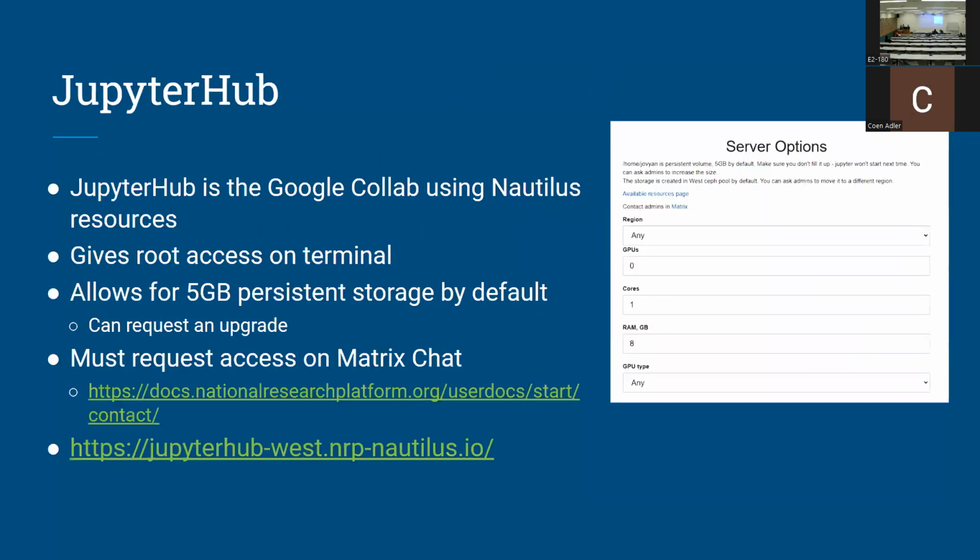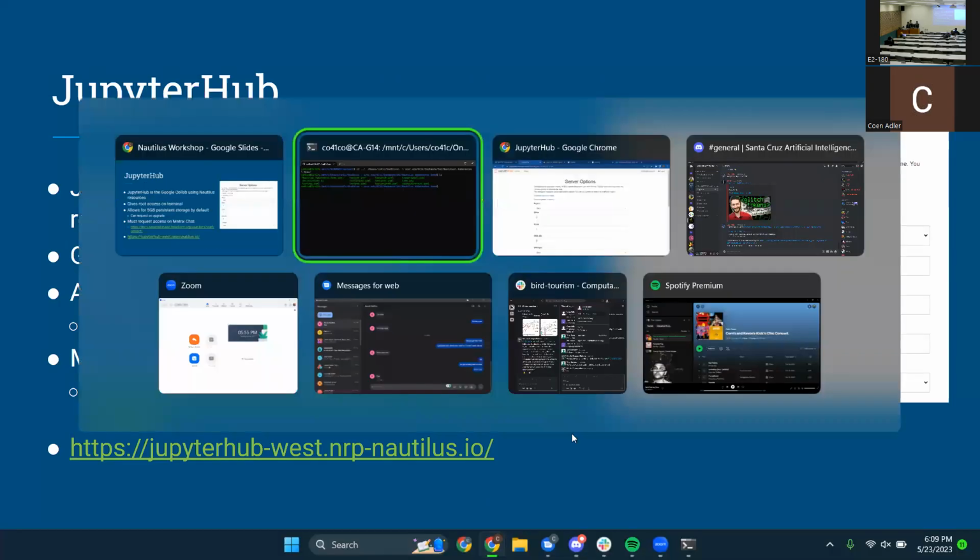So the first part I want to show everyone is JupyterHub. JupyterHub is a way of connecting to the Nautilus cluster in a way that's much more friendly than Kubernetes. So if everyone's used Google Colab before, it's essentially the same way where you use the web to access certain resources, and you can play around with Jupyter notebooks, have access to the shell, all these different things. We'll go into a bit how to create a Nautilus account, but I'll show you a bit what the JupyterHub actually looks like. So if you follow those links